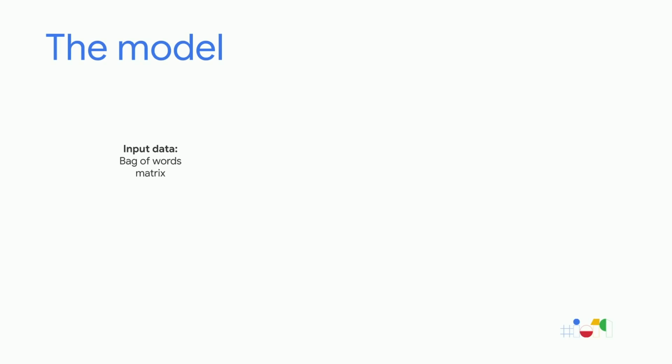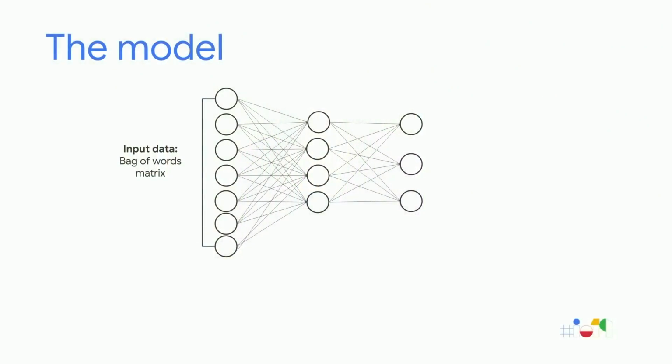And what does our model actually look like? So the input data to our model is going to be that vocabulary-sized bag of words matrix. And then we feed that into what's called hidden layers. So this is going to be a deep neural network, which means that we have layers in between our input and our output layer. So it's going to take this vocabulary-sized array and resize it to whatever size we choose for our second layer